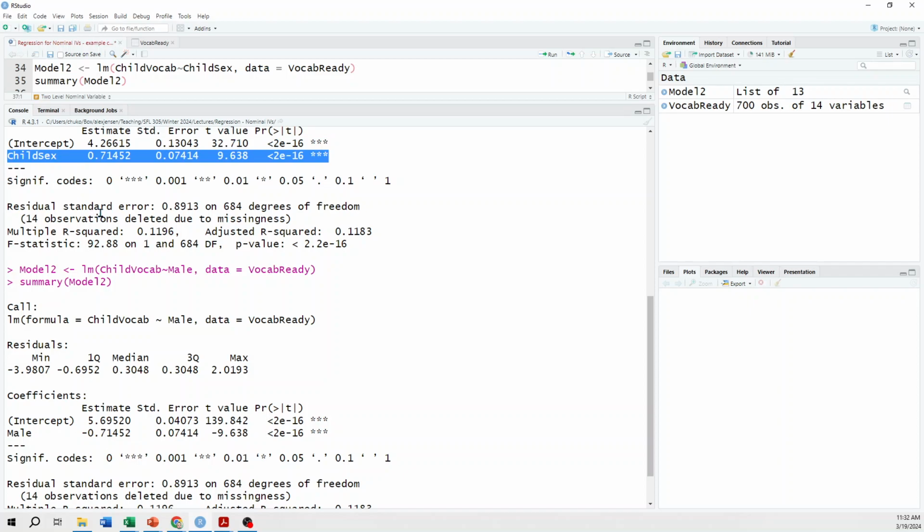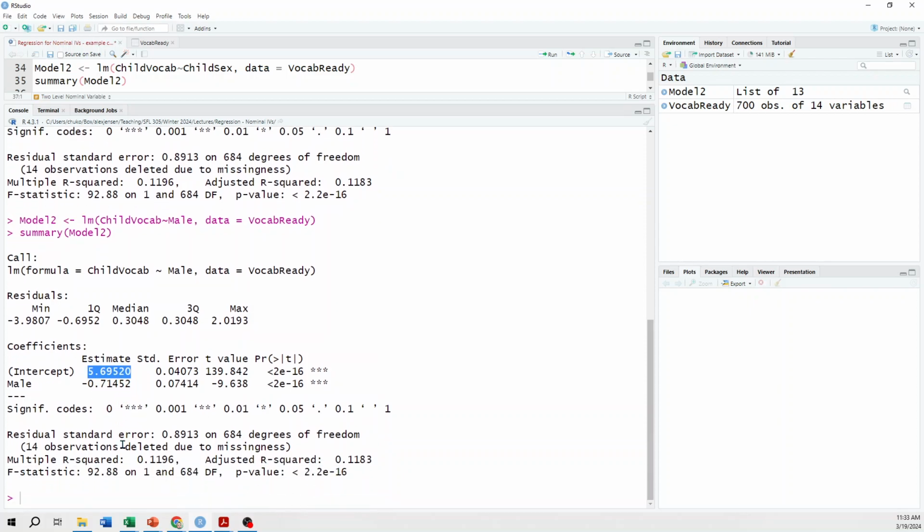So the key point there is when we recode things, prep them for a regression model, it doesn't change whether an independent variable is going to be significant or not. What it does is it changes the intercept, and it makes that intercept now a usable, meaningful number. Like when you ran independent samples t-test, you wanted to know what were the means for both groups. So now we have here the mean for females. If I want to know what the average was for males, I could just do 5.7 minus 7.1, or we